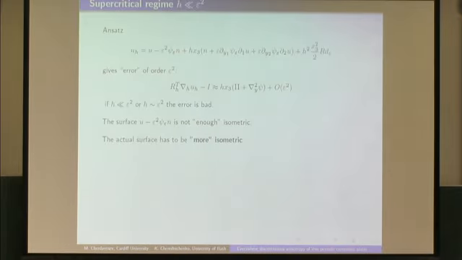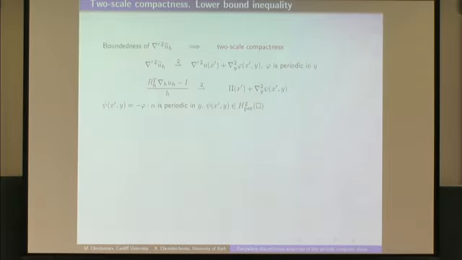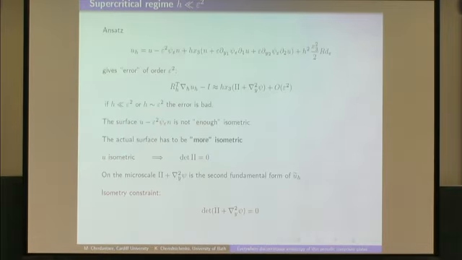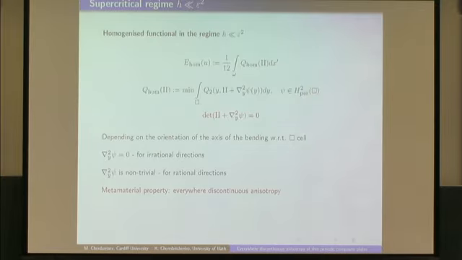Basically we again started from two-scale convergence here, and passed to the limit rigorously to obtain this constraint exactly in this regime when h is smaller than epsilon squared, right? So the right homogenized functional in this supercritical regime is the same as previously, but we minimize over these functions psi, and these functions psi also have to satisfy this isometric constraint.